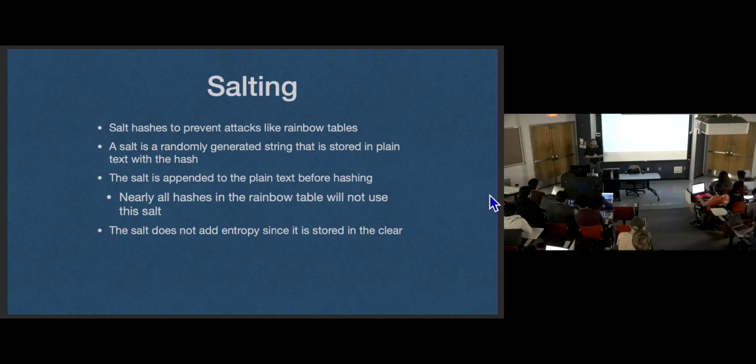But not our hashes, because we're going to salt them. If you salt your hashes, which is when somebody registers their account, we got their password, we're going to generate a large random value that's going to be the salt. We're going to append that salt to the password and then hash it. And then we're going to store that hash and the salt in the database. So the salt is going to be stored in plain text.